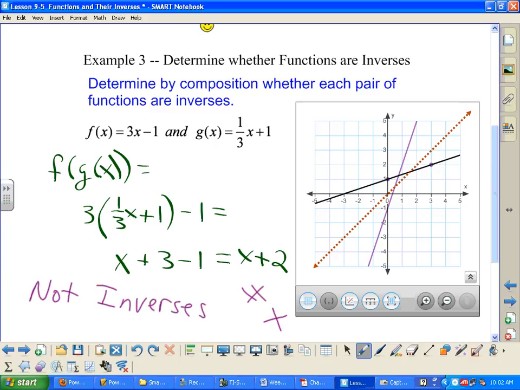We showed that graphically and also algebraically. So I did f of g of x and disproved it, so I don't need to do g of f of x. But if it was true for f of g of x, then you would have to do it for g of f of x also. Does that seem pretty simple for the most part? If you can do the composition, then it shouldn't be too bad. All right, so let's